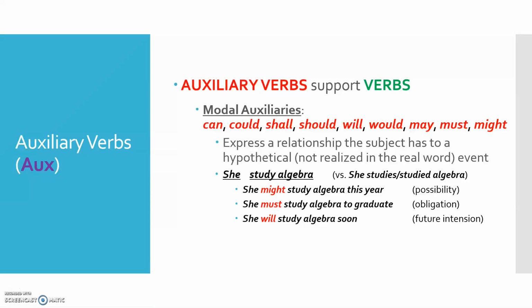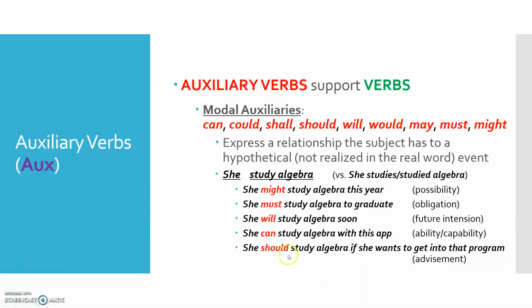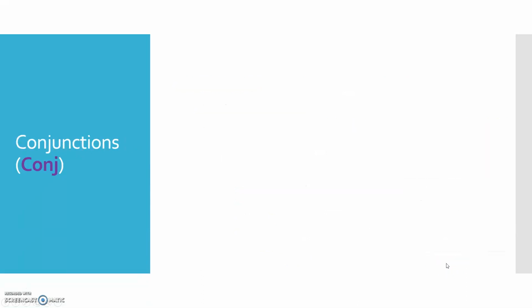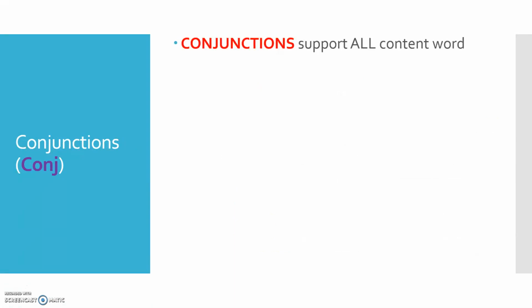It's not real in the world. So will is the modal auxiliary that we use to mark future intention of something. Can, could, either she has the ability to do it or the capability to do it, which are very similar but a little bit different. And then something like should, so it's under advisement that this happens. So those are just a selection of some of the types of relationships that a subject could have to a hypothetical